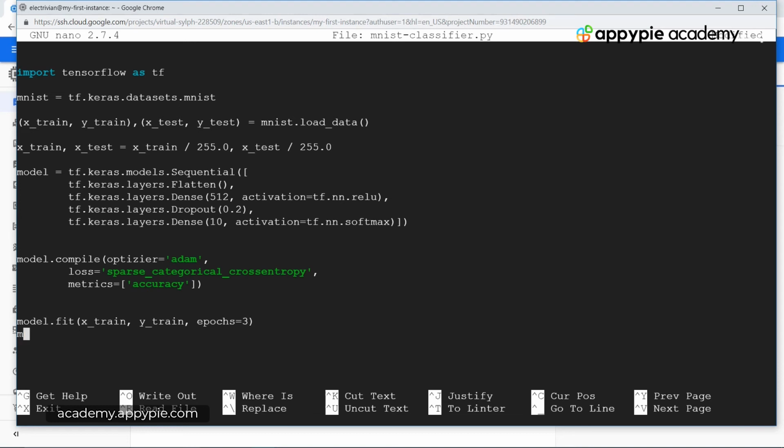Now we have model.evaluate. After training, this will evaluate the model. So we have x_test and y_test. With this we can evaluate the model. So first of all, let's go through what we have done up till now, and